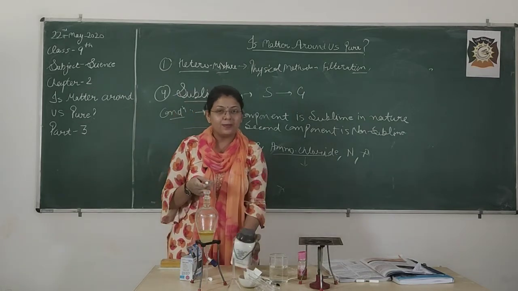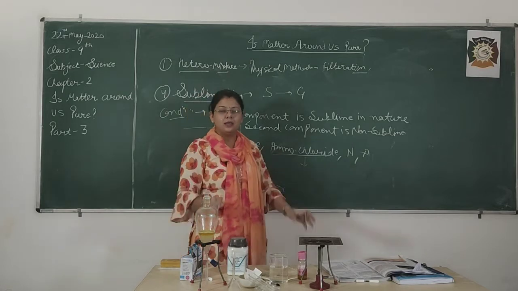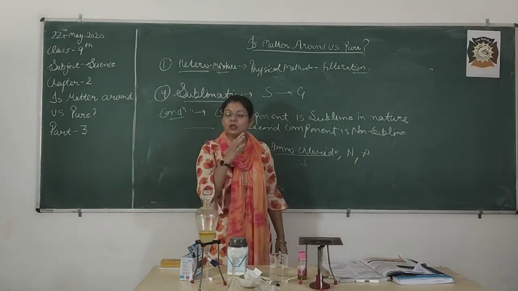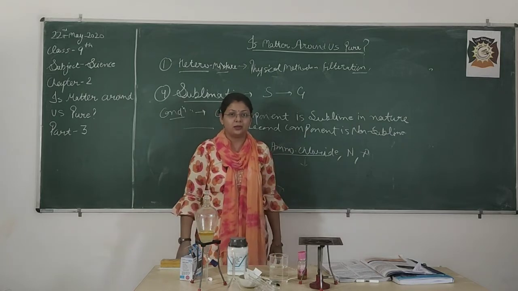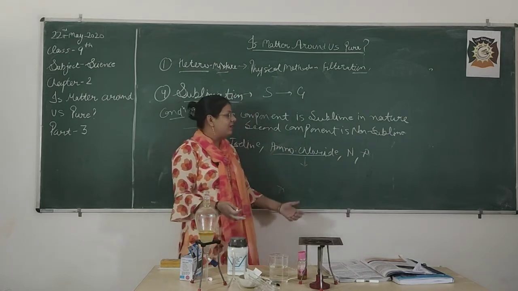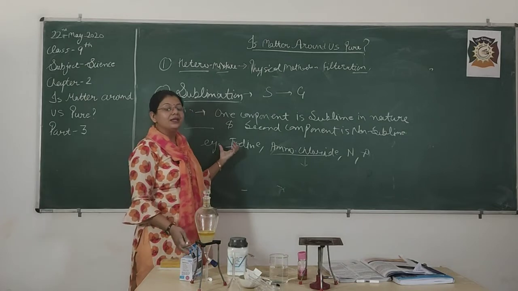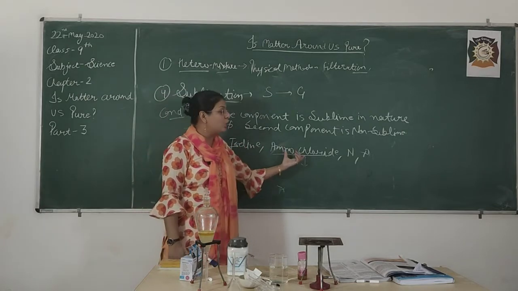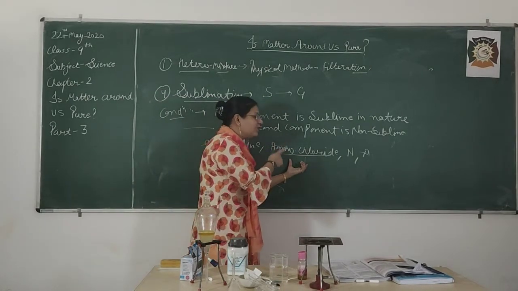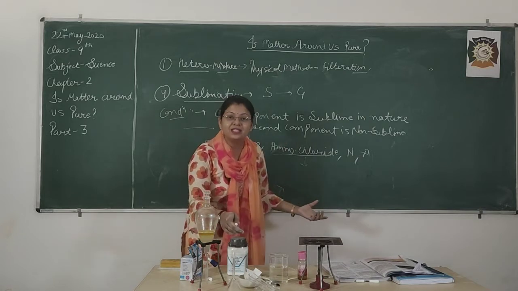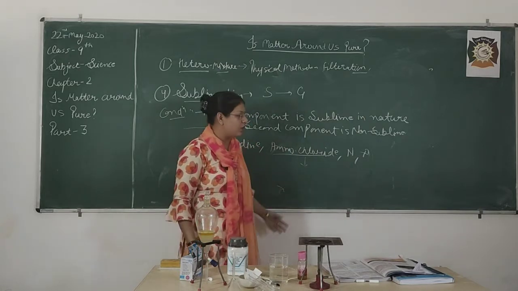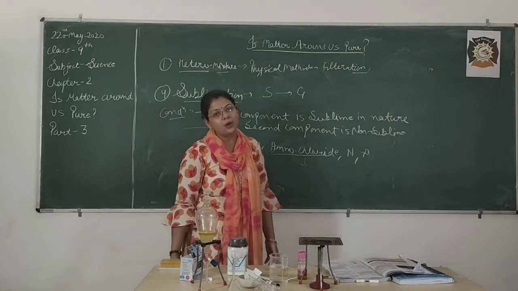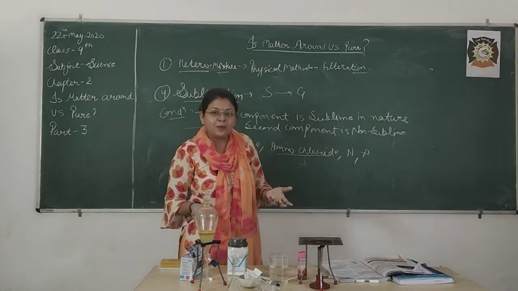If I mix this ammonium chloride in salt, with eyes you can't see that salt and ammonium chloride are mixed together. Then how are you going to separate? We are going to separate it with the sublimation process, because we know that ammonium chloride is sublime in nature. On heating, ammonium chloride converts to vapor form and the NaCl remains in the bottom, and I am going to separate the two things.